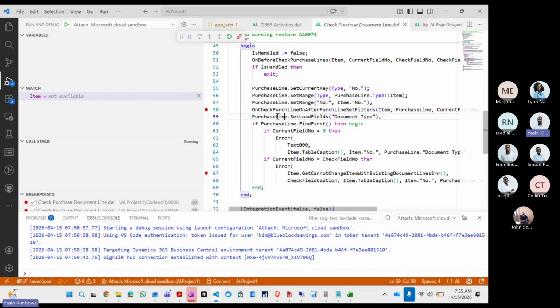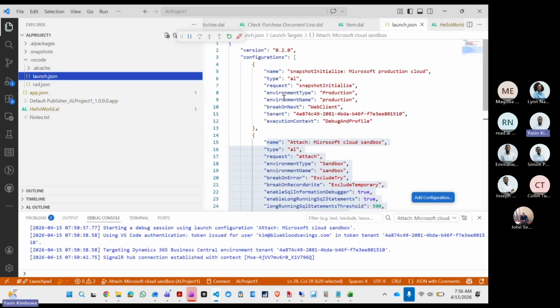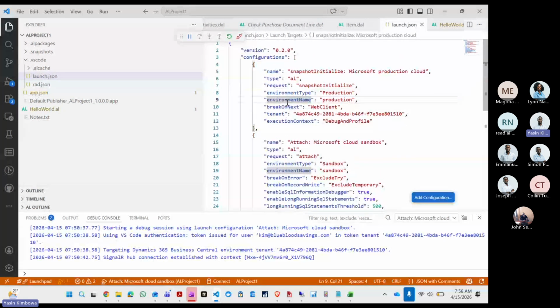You know that on production, you cannot do a normal debugging on it. On-prem, you might debug on production. There's no restriction, but there is a very big restriction on the cloud. You cannot do it. So to do snapshot debugging,